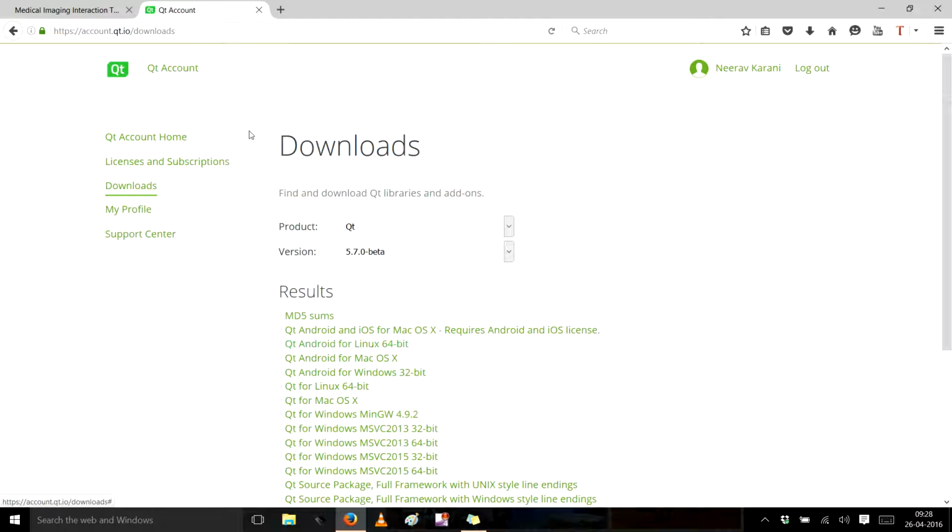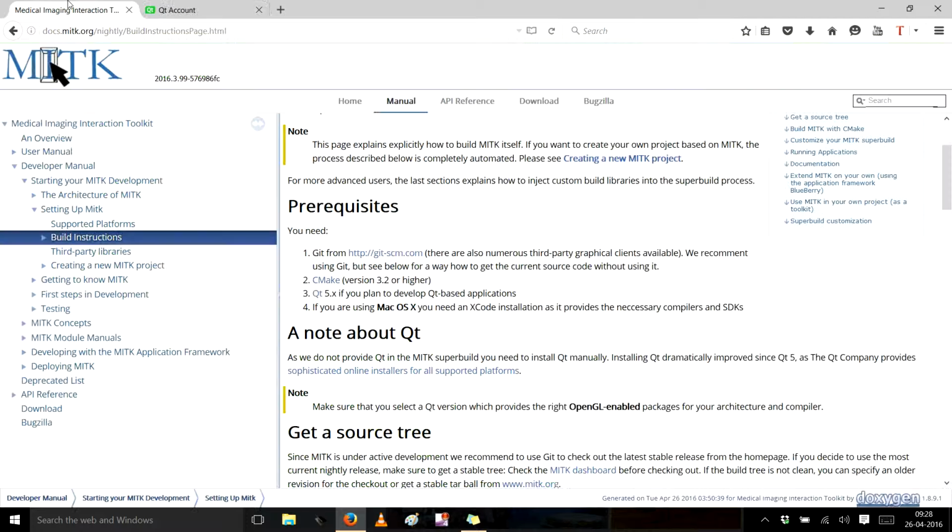So when I download one of these installers, I just double click on it and it's installed. Right. Another note that I missed in the beginning is that you must select a Qt version which provides the right OpenGL enabled packages for your architecture and compiler. Okay, so